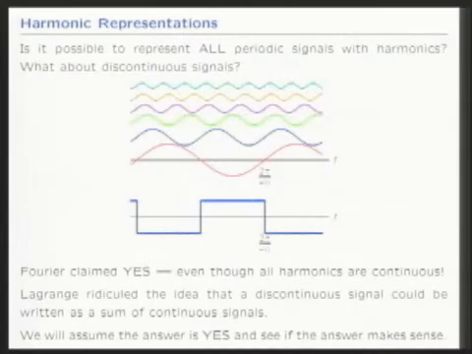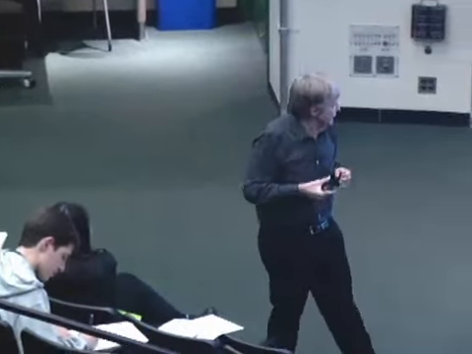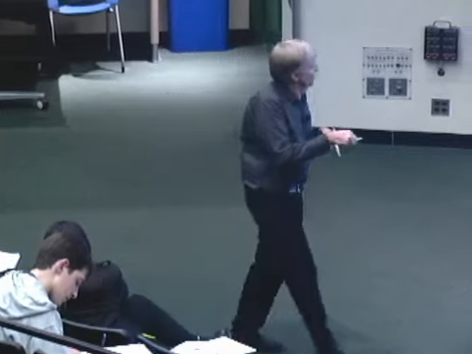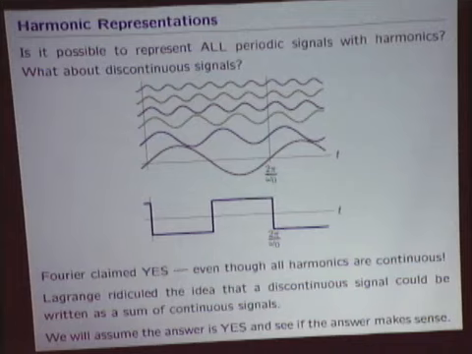People like Fourier, you might imagine, advocated the notion that you can make a meaningful harmonic representation for a very wide class of signals. Fourier claimed basically everything. Anything that was periodic could be represented in terms of a sum of harmonics. Other people thought that was preposterous. In a widely reported public rebuke of Fourier, Lagrange said, this is ridiculous, because every harmonic is a continuous function of time,